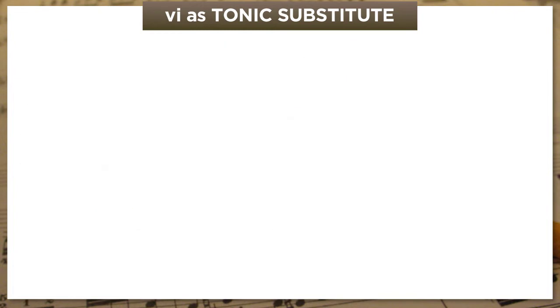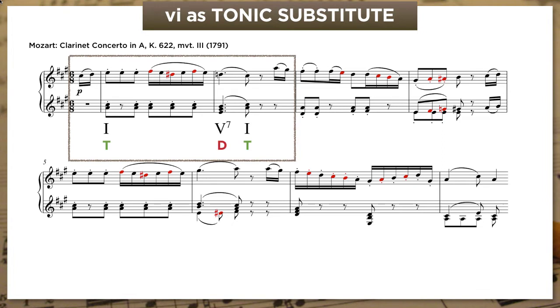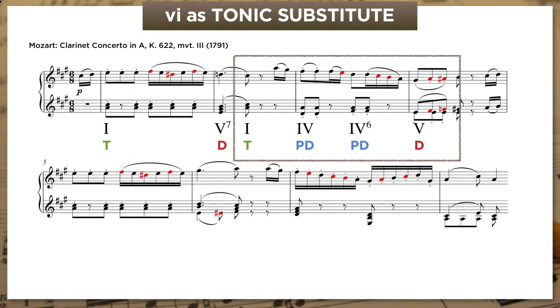The next example is also from a Mozart clarinet piece. This time it's the rondo from the A major concerto. This theme is built as a parallel interrupted period, and the antecedent phrase has 2 overlapping functional cycles. The first moves tonic, dominant, tonic. And the second, which goes across the mid-phrase break, takes us into the half cadential 5 through a predominant.